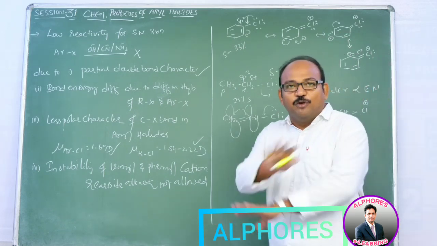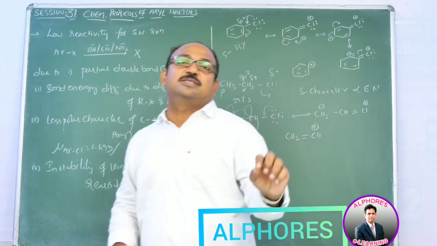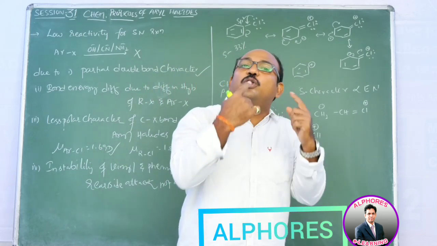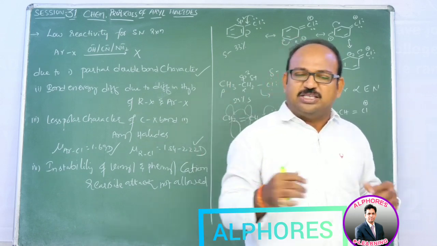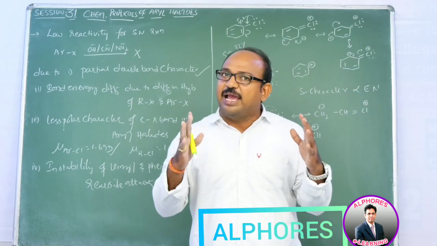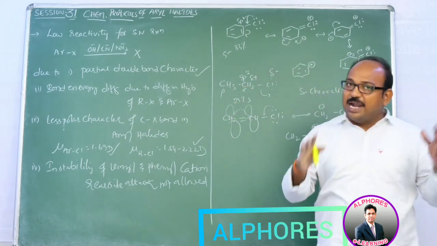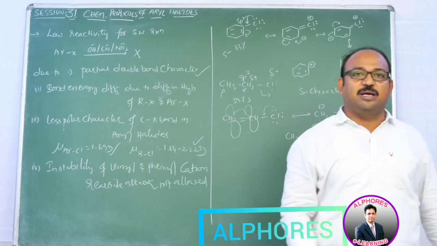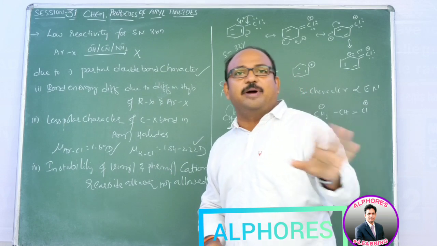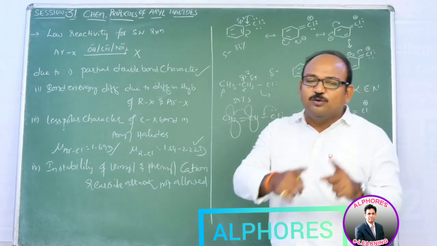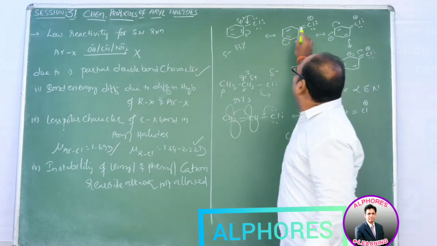In general, if nothing else is there upon the ring, if the halogen atom alone is there, in such a case the halogen atom is going to donate its lone pair of electrons to the ring, meaning it makes the ring more electron rich. In other words, it behaves like a ring activating group. In such a case, it donates the electron pair and maintains carbon chlorine double bond character. So to displace that halogen, first of all we need to stop the formation of double bond character between carbon and halogen. This character we need to stop.